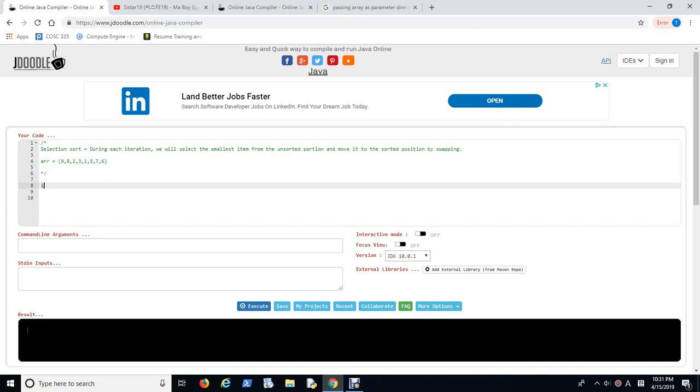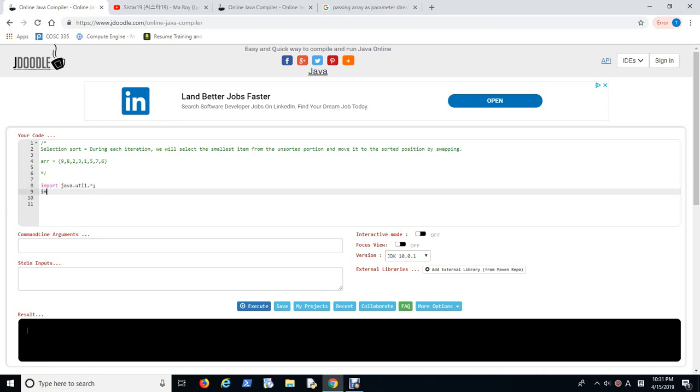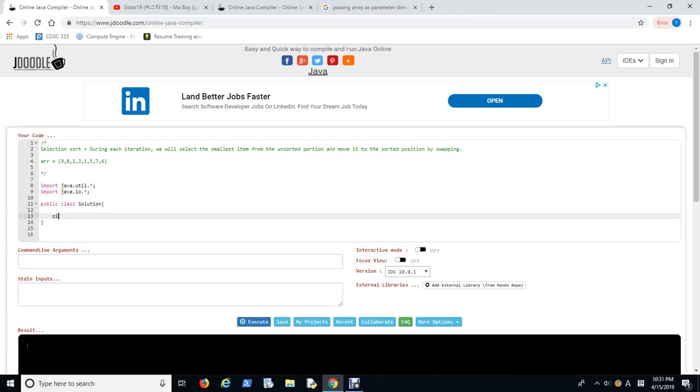So how do we do it in Java? Let's think about it. Import java.util.* and import java.io.*. First of all, let me define a class here called Solution, and then I want to make a private static function. It doesn't matter, it belongs to a class, right? So it's going to return an integer array, called selectionSort, and this method will take an array